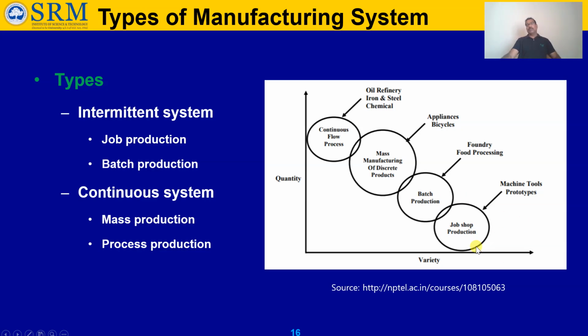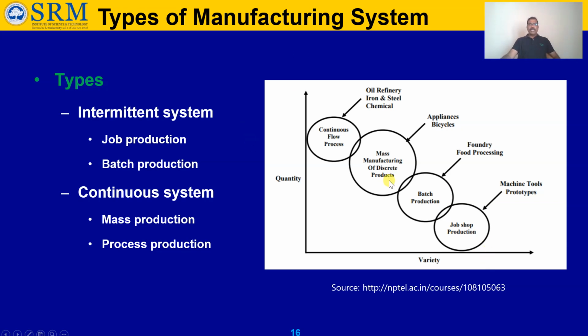Then if we go for job shop production, numerous people and resources are involved to make something, for example the aircraft industry or shipbuilding. If you take a huge ship, they will make only one ship for almost 6 months, 8 months or 1 year. But lots of equipment, machinery and human power are focused on making that particular ship alone. So that is the job shop production type. Here the variety is very low, maybe only one ship, and the volume is very limited in this kind of production. In that case, we will be using job shop production.